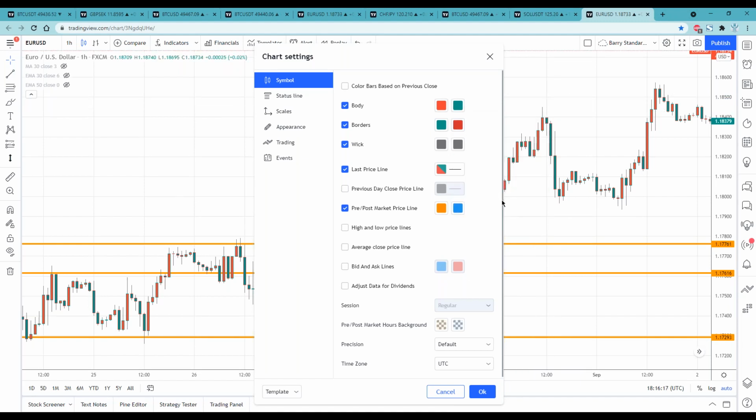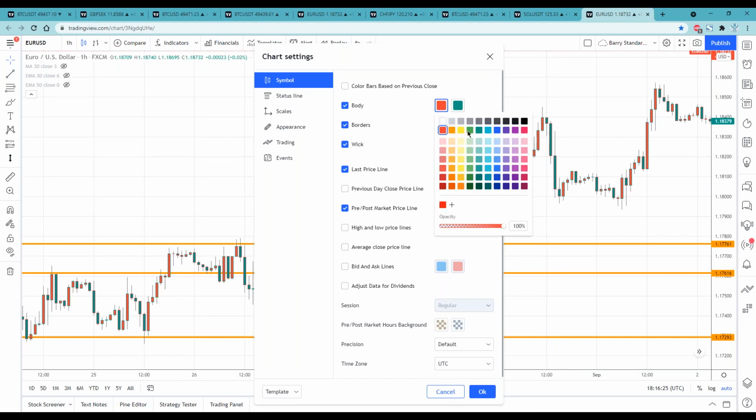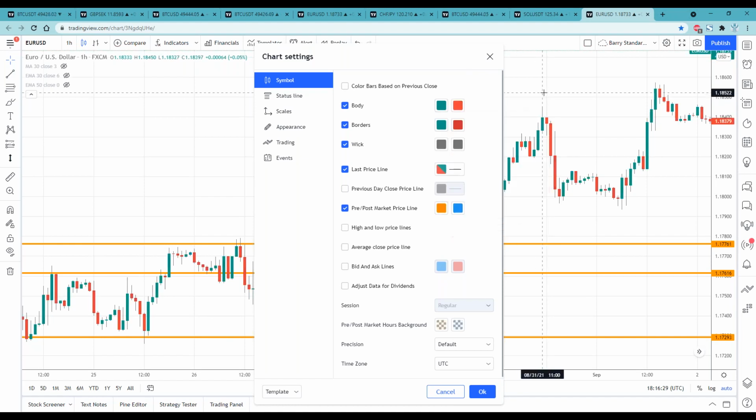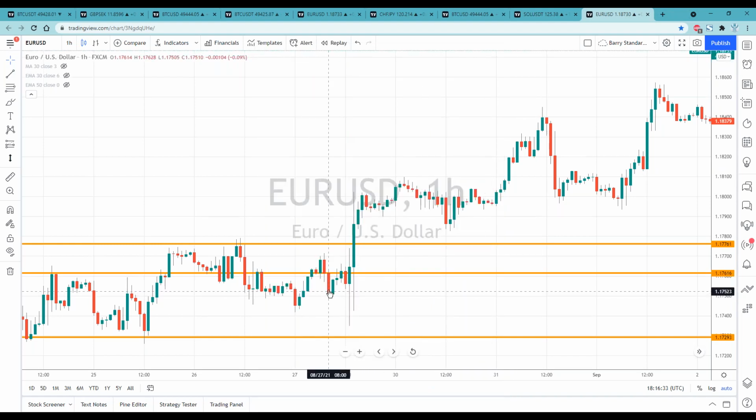Now, we can see right here, I reversed my colors because look at these candles go down and they're green. We have to know which is bullish and which is bearish. So a bearish session is always marked in red. A bullish session is always marked in green. So, a candlestick.